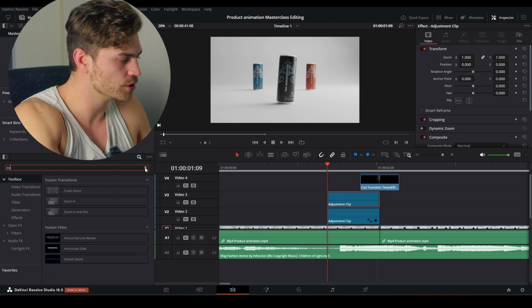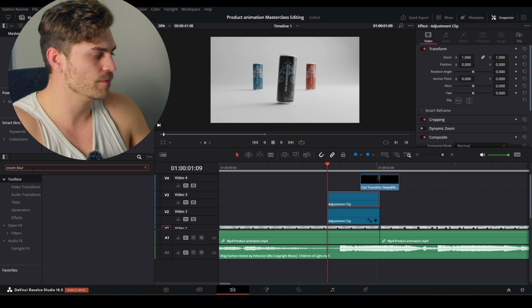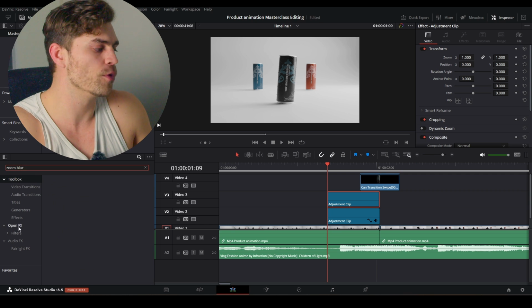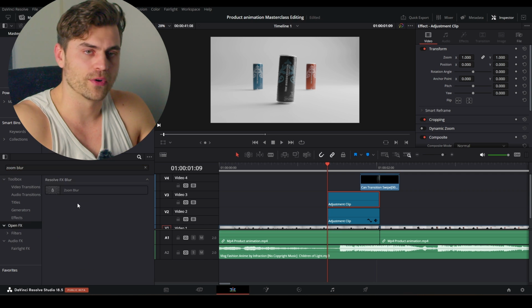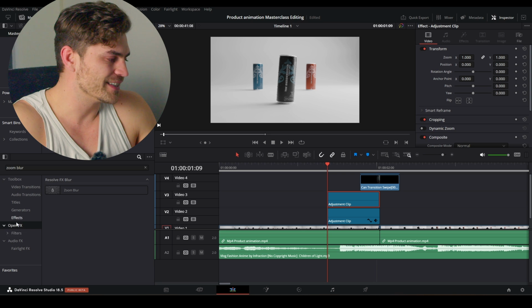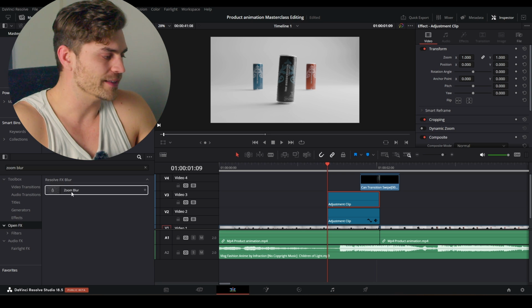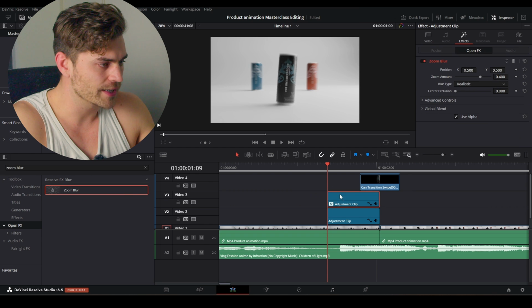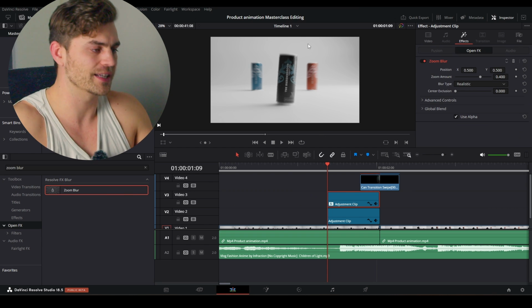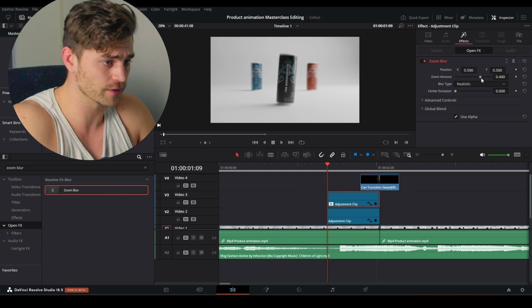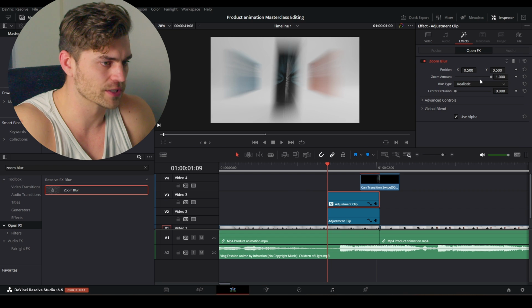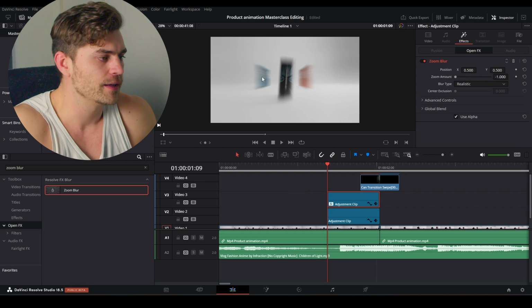Going to search for zoom blur. And zoom blur is not in the toolbox because it's in the open effects. So this is just something that you have to know, and it comes with time and experience. But this is in the open effects, which means that it comes from a Fusion type of plate. So zoom blur, I'm going to drag it right over here, and that makes sure that it has this zoom in effect. So I'm going to make it very extreme for you. And this is what it looks like. You can also do it the other way around. And then it looks like this.